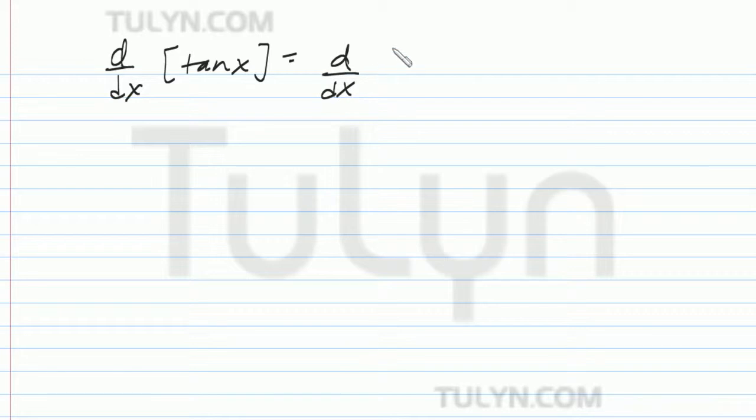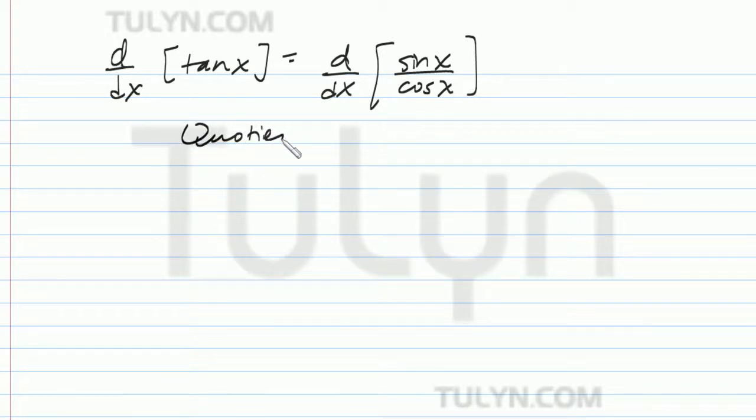Find the derivative of tangent of x. So, go ahead. The derivative with respect to x of tan of x is really equal to the derivative with respect to x of sine x divided by cosine of x. And all you have to do is use the quotient rule. Now remember the quotient rule states